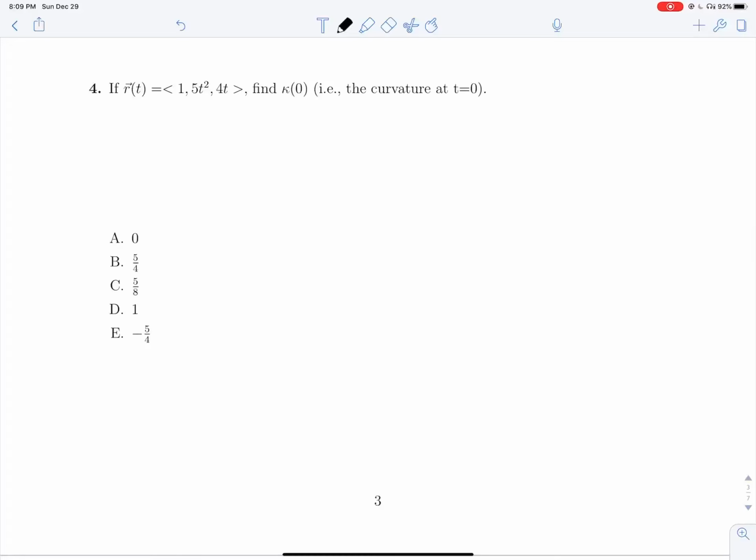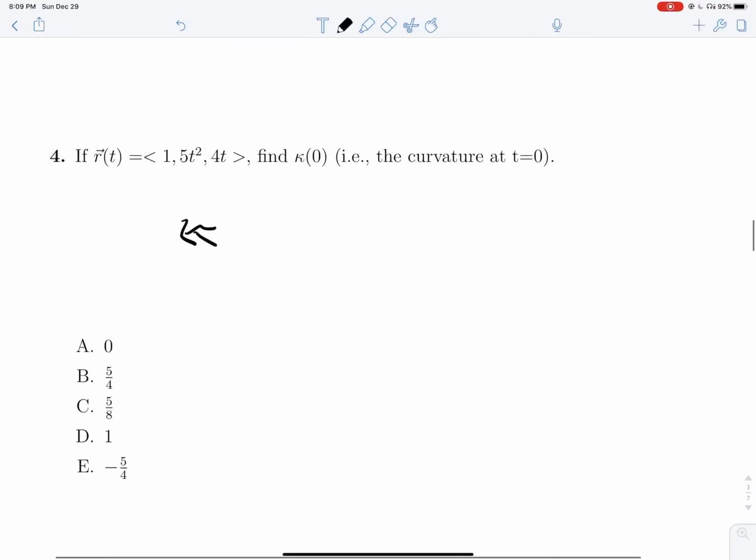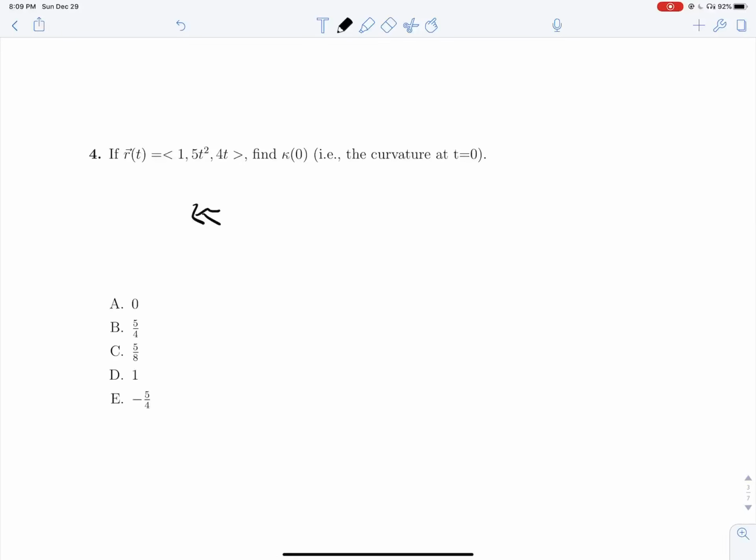Okay, we are given r of t, and we're looking for curvature. So the equation that I like to use for curvature, I'm not really sure why, it seems to work best for me. I like drawing increasingly crazy k's. I'm not sure really how you even get that symbol. But curvature, the way I like to find it is